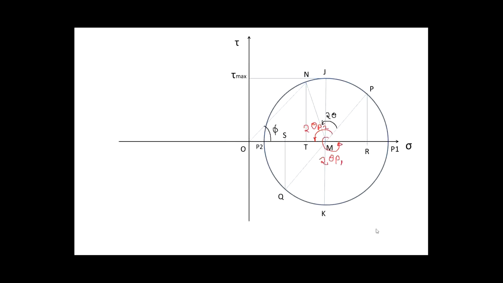So K value. Then the location of shear plane. Here the points are J and K, with MJ and MK. Planes of maximum shear: always remember, listen carefully. The two planes are M2J and M2K, the planes of maximum shear. Always start from MP. So first plane is twice theta S1, another plane is twice theta S2.